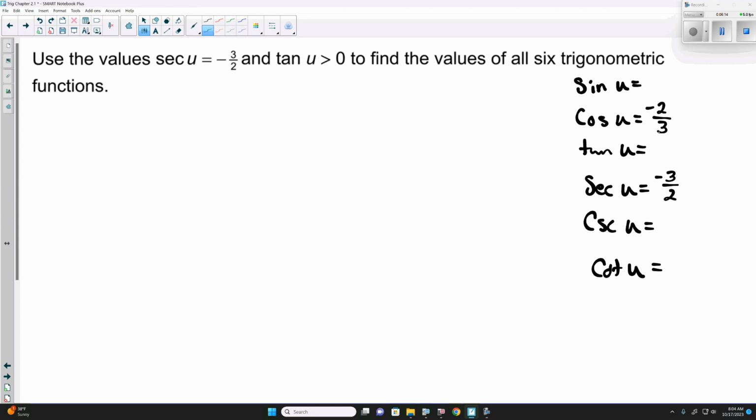So whenever we're given the value of one of the 6 trig functions, we really have the other because of our reciprocal identities. But we still need to find the rest. Now, there's different ways we can get at the rest of them from here. One of them, so secant,